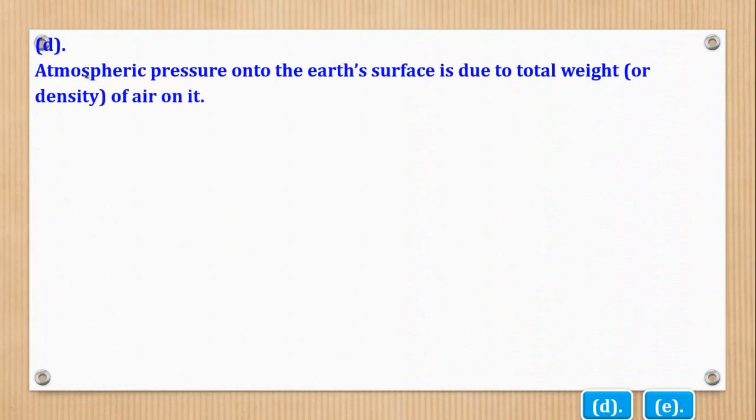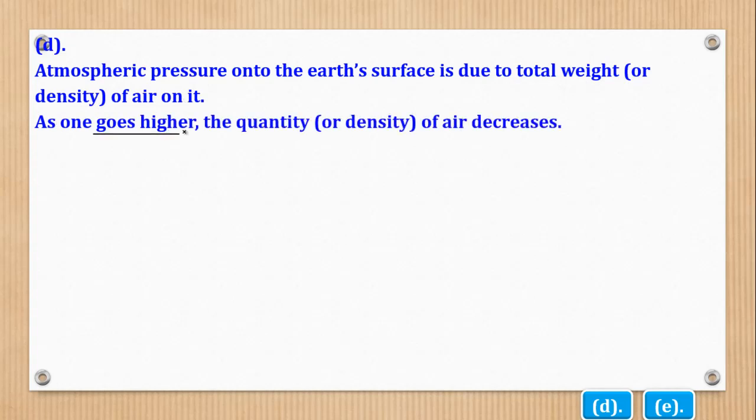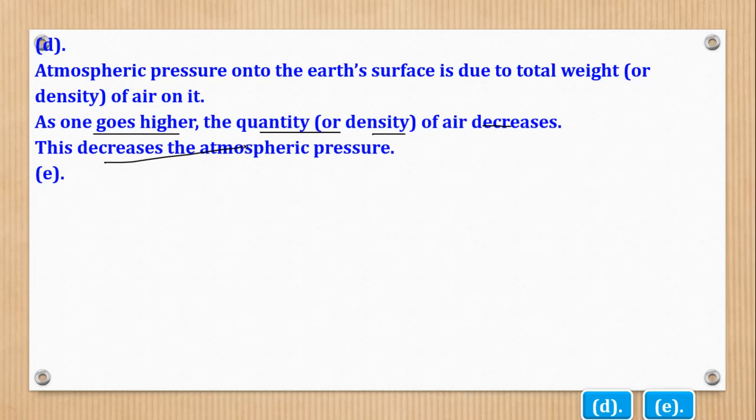So one, we know that atmospheric pressure onto the Earth's surface is due to the total weight or the density of air on it. Therefore, as one goes higher, the quantity or the density of air decreases. This therefore decreases the atmospheric pressure. And basically that's what they wanted. Then for part E,